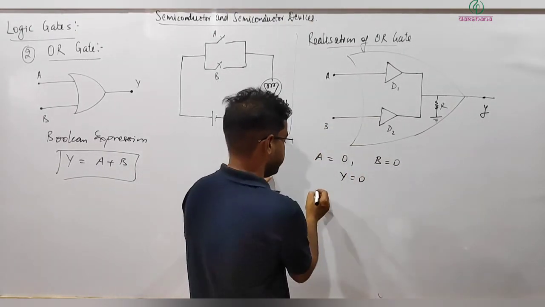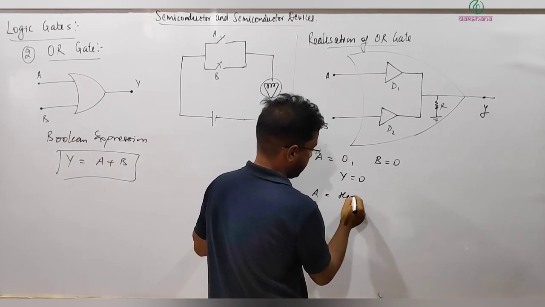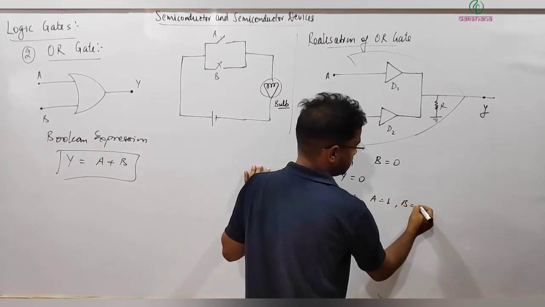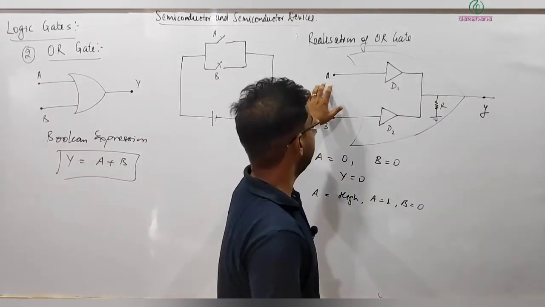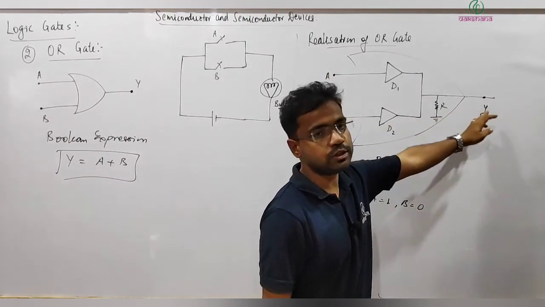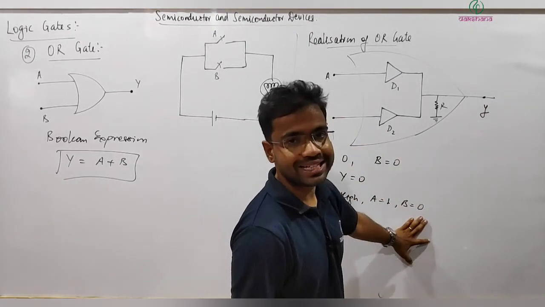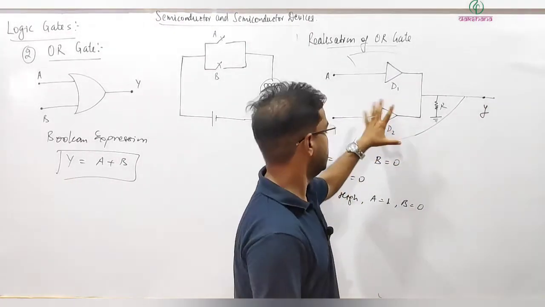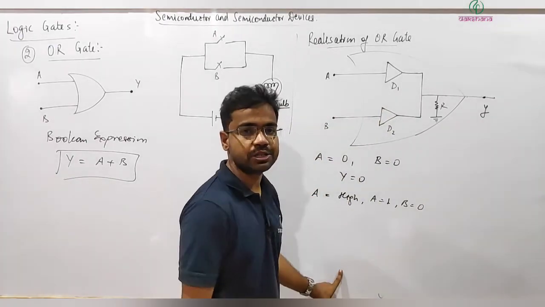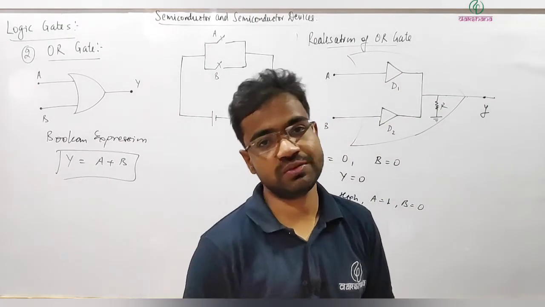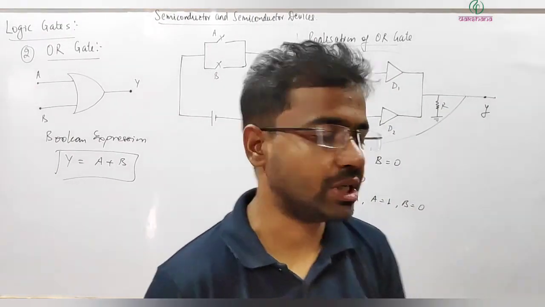When A is high, I will write A equal to 1, and B is 0, meaning low. So A is high means it will allow current to flow and the output you will get is some high. B is 0, it will block, reverse biased, and so on. You can check all the possible combinations. So this is the way, with the help of simple two diodes, we can realize an OR gate actually, and